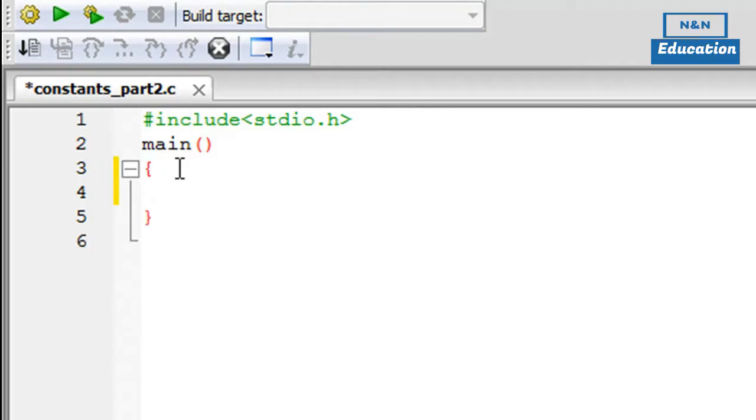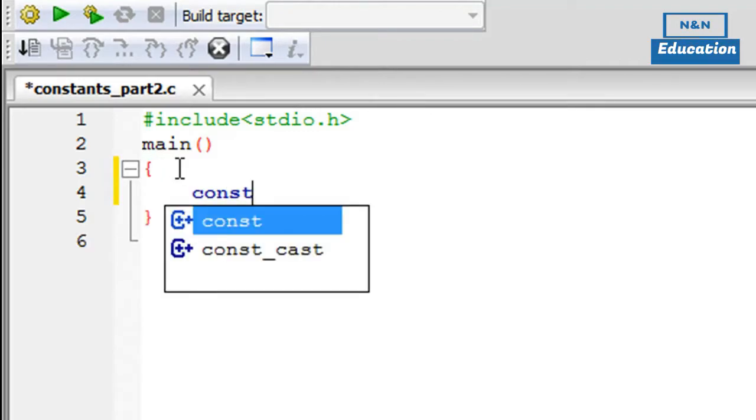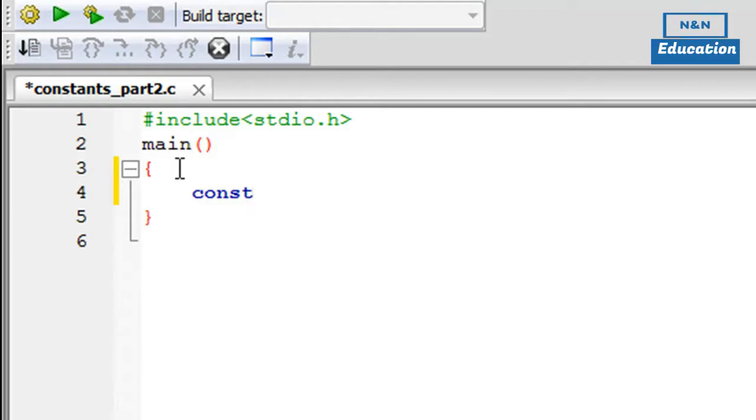The way you do that is by typing the keyword const, and then you type in the data type of your constant. This is again something different, because we've seen that in the other method you don't have to specify the data type. You just type in the name of your constant and give it a value, and the compiler would automatically select an appropriate data type for your constant. So if I want to create an integer constant, then I would type in int and then the name